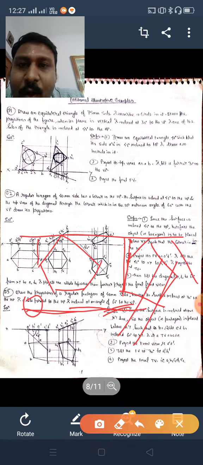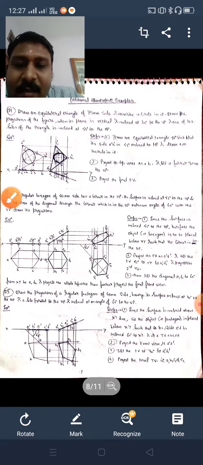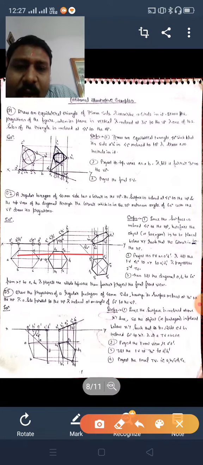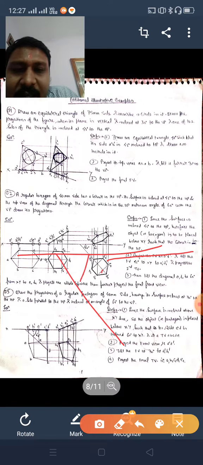The 3 diagrams will be drawn. But another method, if you have to save your time, since the position is not given, is that you directly incline the side. The second inclination which is given to you, you draw it in the first position. So what we will do here, similarly, draw a pentagon. Draw an XY line. You have to draw the pentagon here below XY line, and you directly incline it. The inclination is given 60 degree to VP. Draw a 60 degree inclined line.